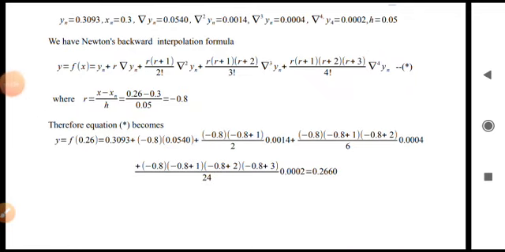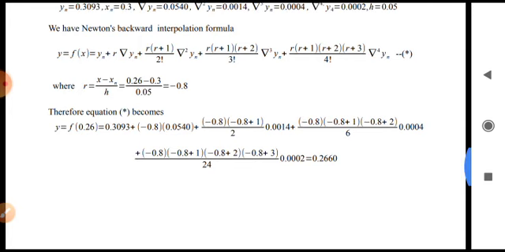Now substituting all these values in equation star, we get y equal to f of 0.26, which is equal to yn, which is 0.3093, plus r, which is minus 0.8, into del yn, which is 0.0540, plus r into r plus 1, that becomes minus 0.8 into minus 0.8 plus 1, divided by 2 factorial, which is 2, into del square yn, which is